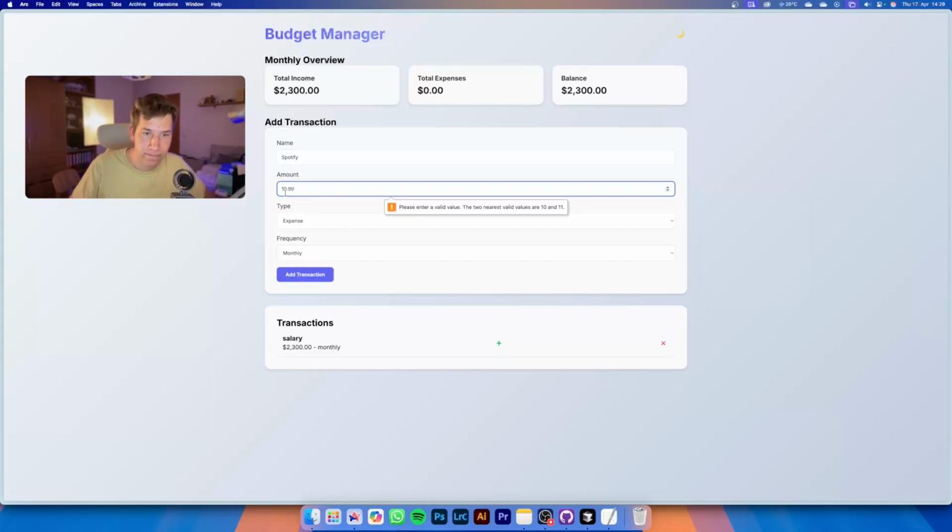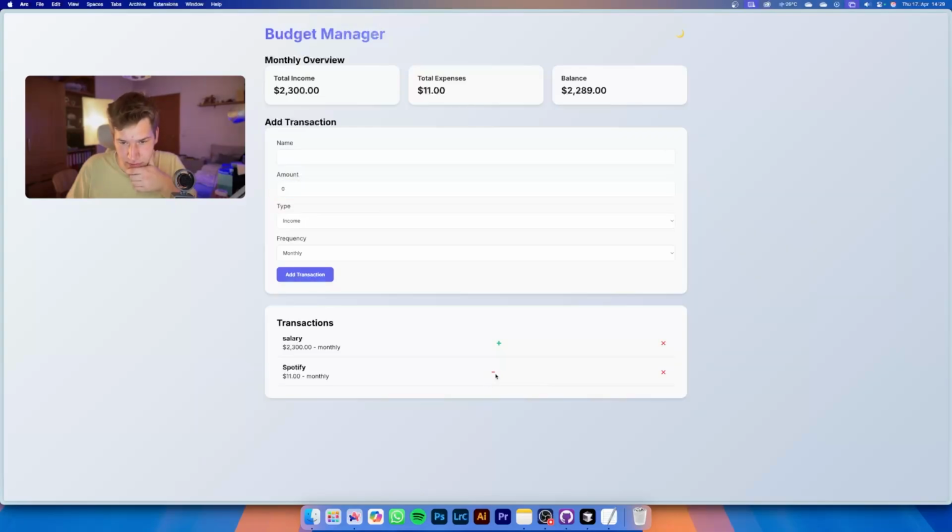Ooh. Okay. It wants not dots, it wants commas. It wants integers. Okay, now we see it's an expense. Income. We can delete them. Here's our balance. Yeah, I think